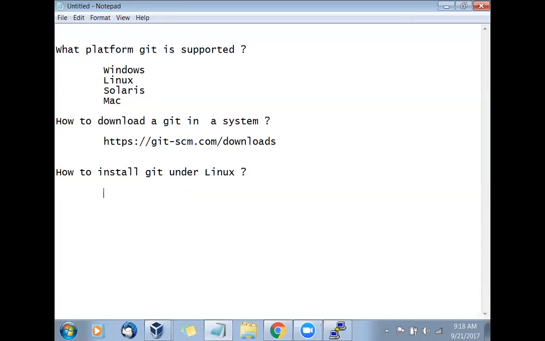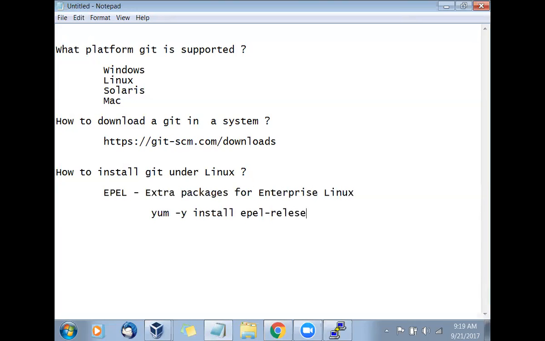For that, you need to enable the EPEL repo, the Extra Packages for Enterprise Linux. We already talked about that. To get it, run yum -y install epel-release. Make sure you have this installed first, then you will install Git.